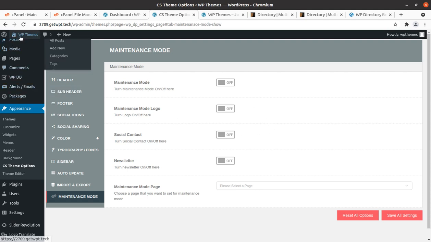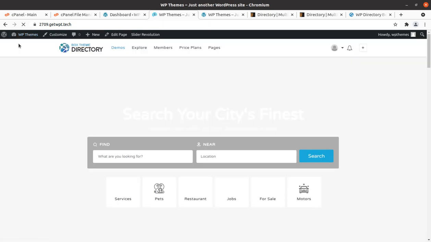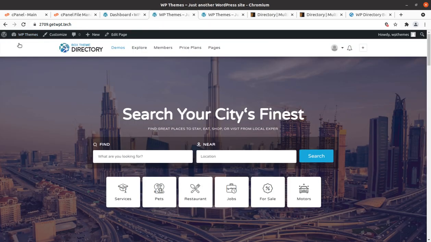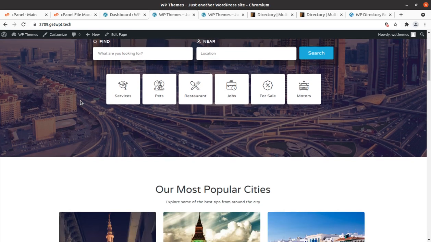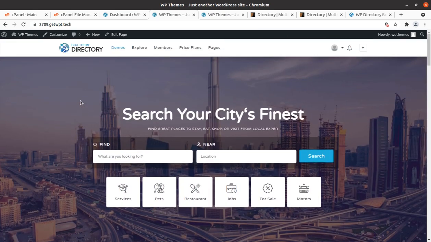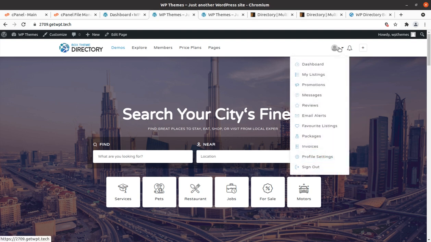Just in case you have any question, just feel free to ping us. I will definitely try and support you in any manner which may be possible for me. And just go for this theme. It is a perfect theme. It is working very fast in fact, and speed is the key for the success of any website nowadays, and you shall be getting a wonderful website using this theme, I'm sure. And create a wonderful website with all the features of directory and listing websites.